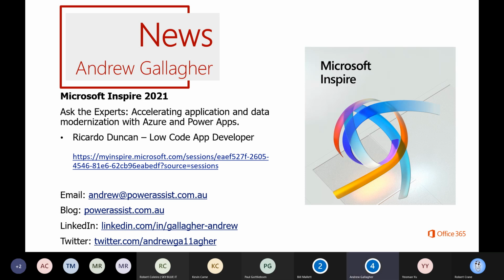So look, this sounds like a lot of large corporate data, but it really isn't, because there are plenty of small businesses that have Access databases or Excel spreadsheets, or even emails where they're manually receiving orders and then keying that into their business software. All of this can be simply created and automated, where a Power App could be created for end users to enter the data straight into their business system, saving them time and money.